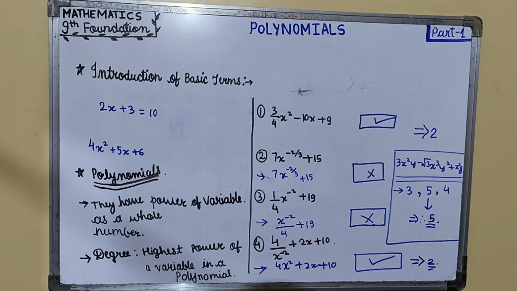Therefore, I hope you've understood this. So this was the introduction part of this chapter. In part 2, we will learn more detailed things of polynomials. Based on polynomials, we will learn types of polynomials based on the number of terms, and based on the type of the degrees, and etc. I hope you've understood till this. Thank you for watching. Let us meet in part 2.